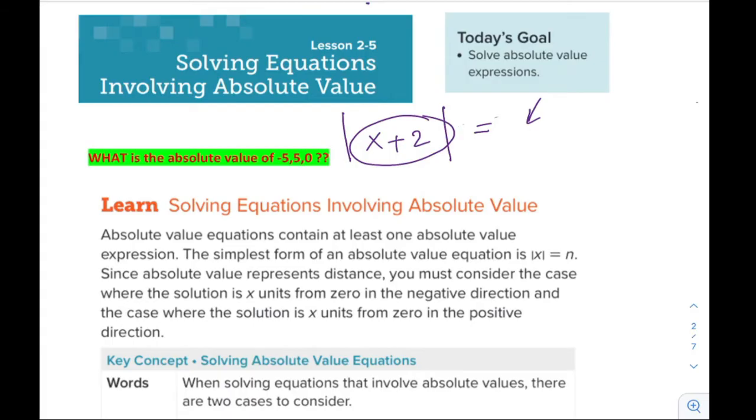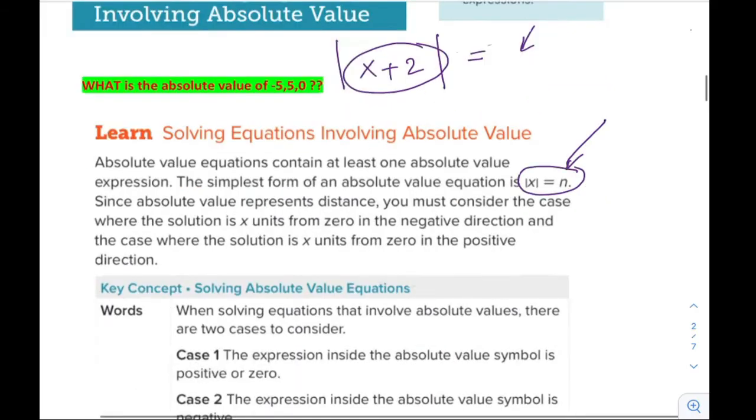So we can say that the general form of the equation will be the absolute value of x equals n, where n is any number. But do all absolute value equations with a number n have a solution? So let's check here